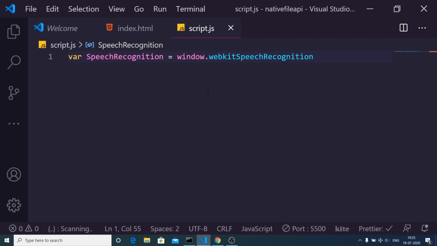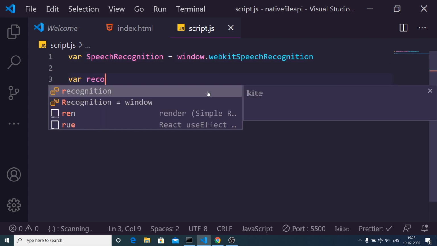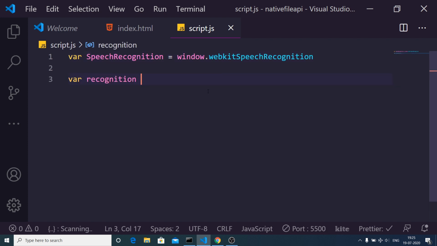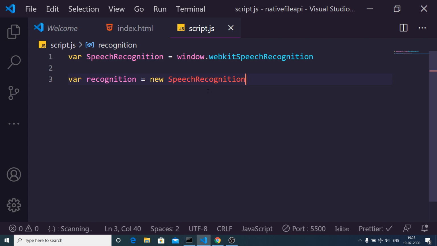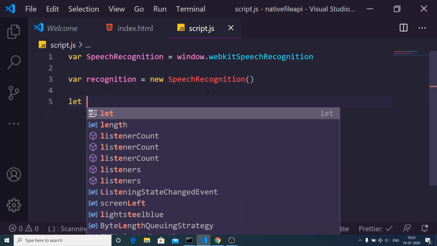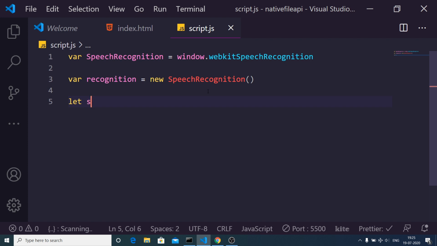You can see that after getting this reference, we can declare another variable, var recognition. This will be equal to new, the constructor, as this is a class here. After this, we can initialize it with the new constructor, and then we can declare another variable which will save handle.